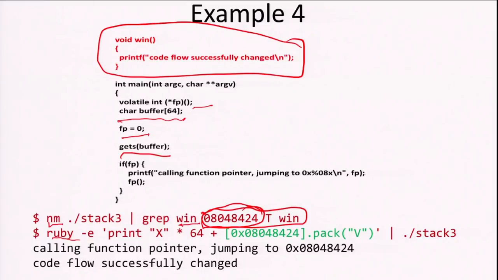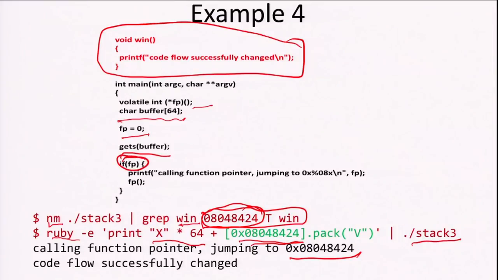So in this case we are actually creating a string of 64 characters, and then whatever is the content of this address, we are basically packing this as a binary. So it's not the content of this address, it's packing the binary, and then you are passing this to stack 3 as an argument, and then we'll see that it jumps to the function pointer, because here the function